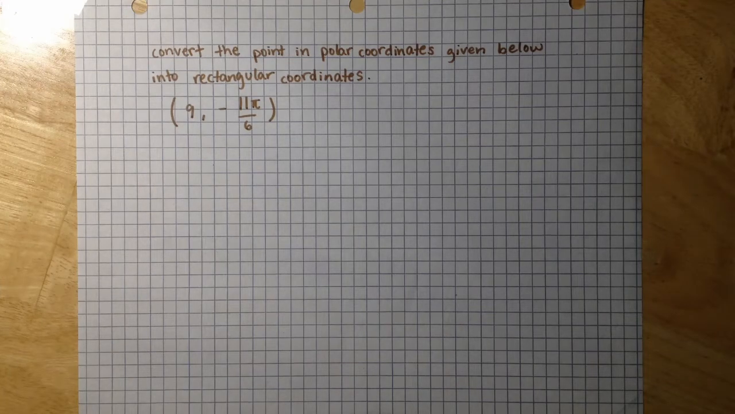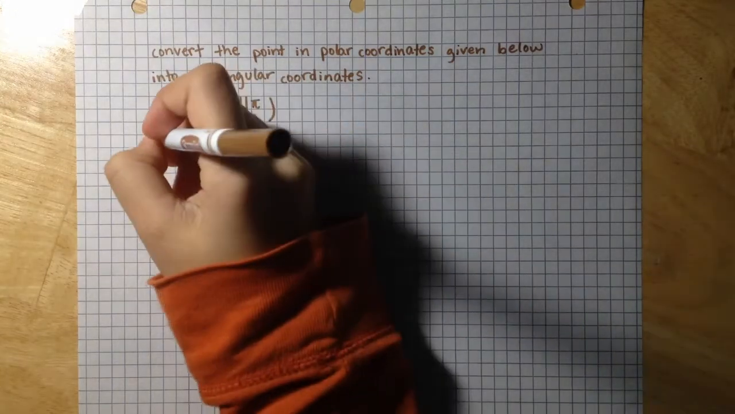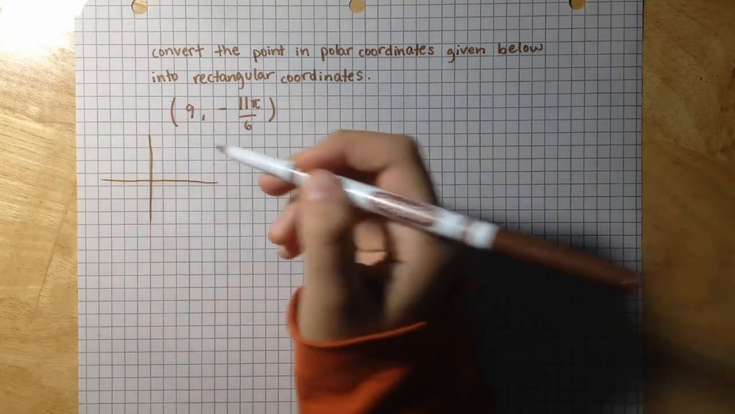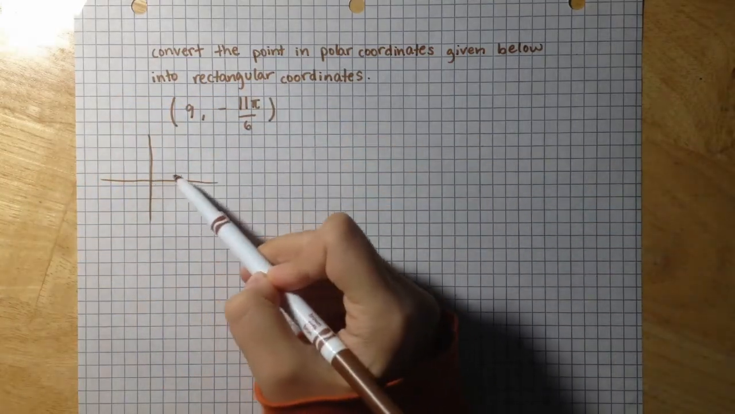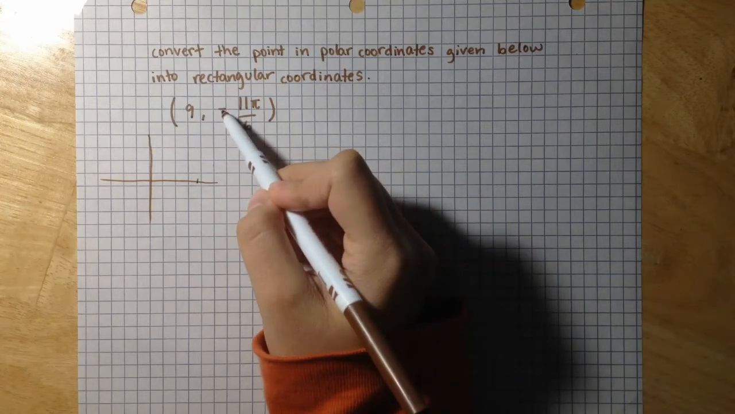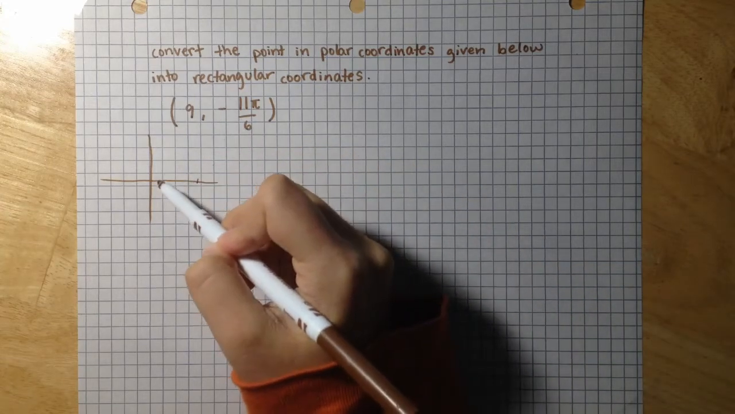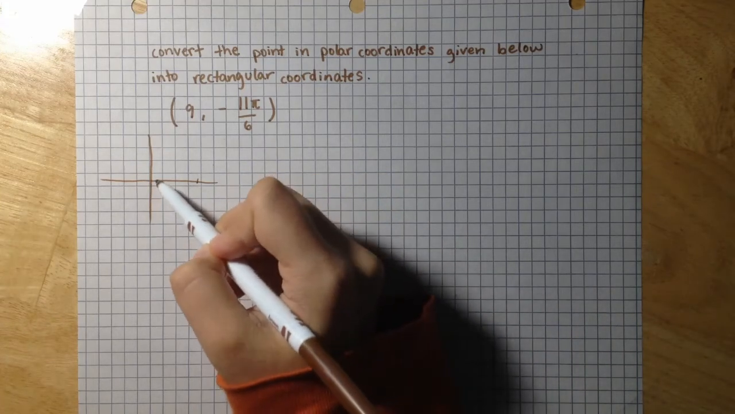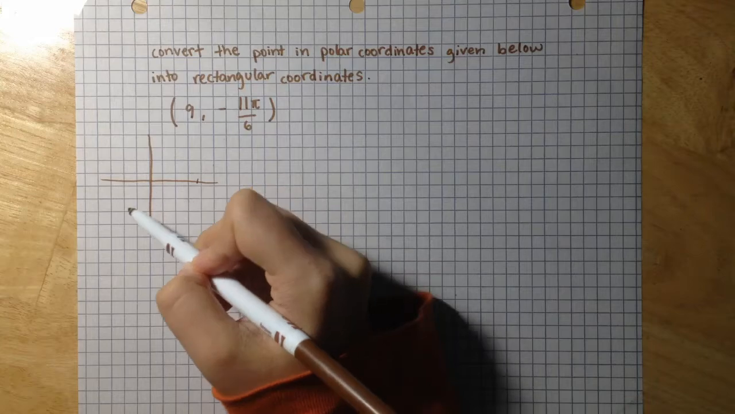We are asked to convert (9, negative 11π/6) into rectangular coordinates. So I'm going to sketch this out first on a coordinate plane, roughly. If we were to go 9 units out to the right, about here maybe, and then we were asked to go negative 11π/6 radians, that would mean we would have to go clockwise,